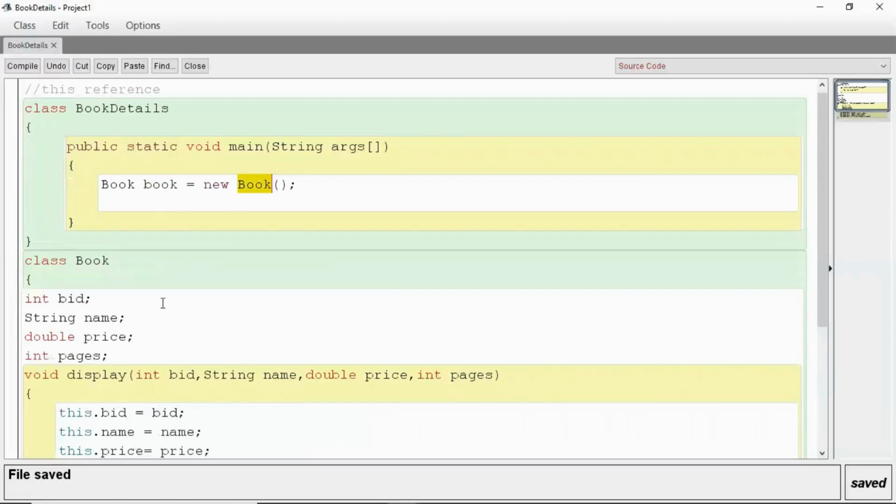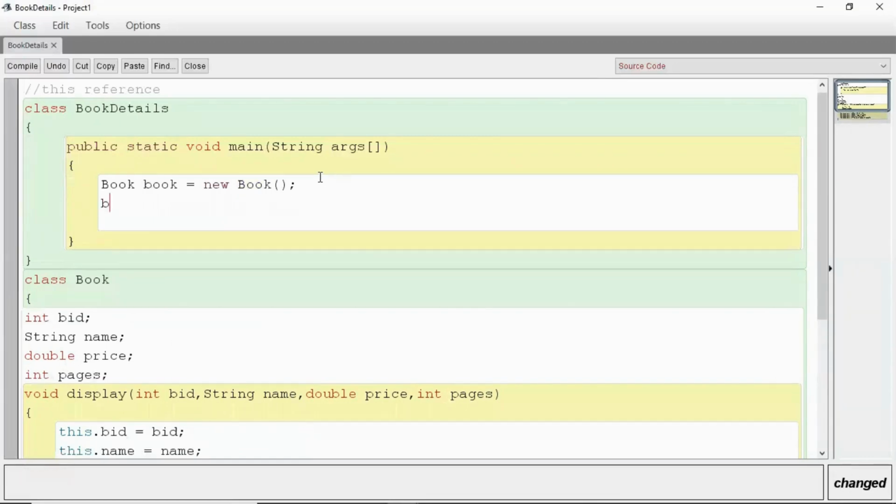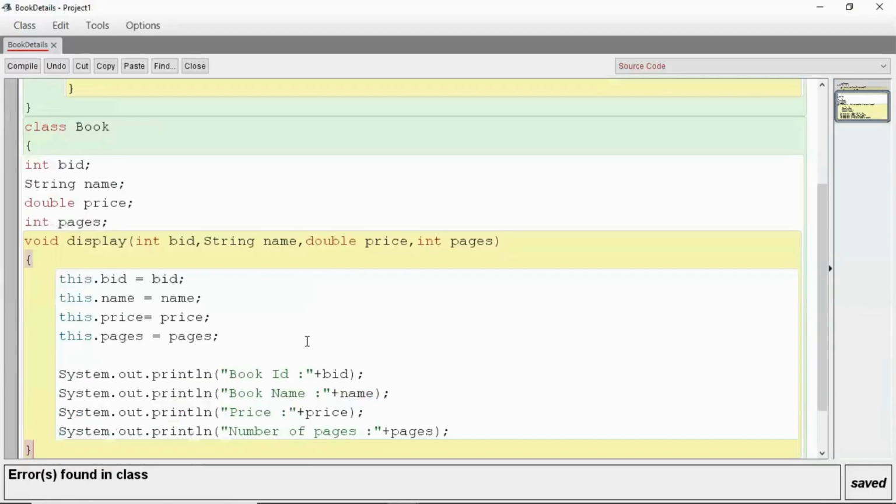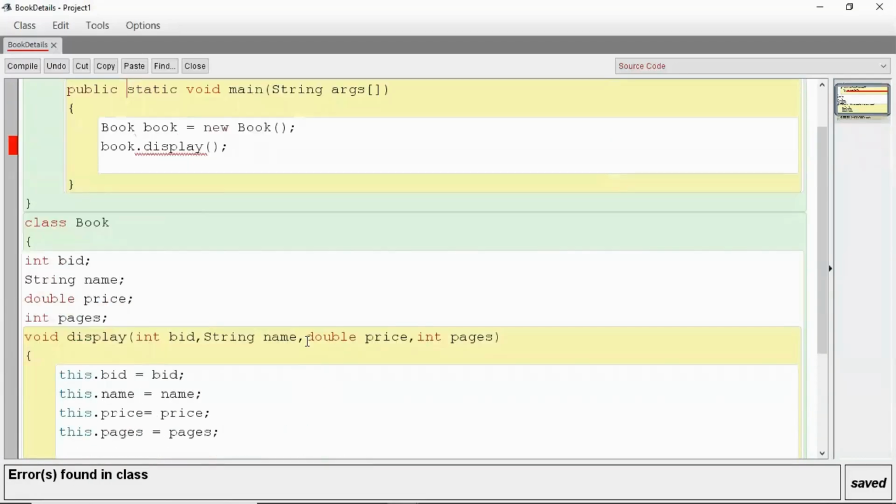This Book, you can see, is the name of the constructor, and this is a default constructor because we are not taking any constructor in this program. Then I'm taking book.display. This book.display will basically display all the details which we have taken here. It has some parameters, and the values of the parameters have to be passed from here.